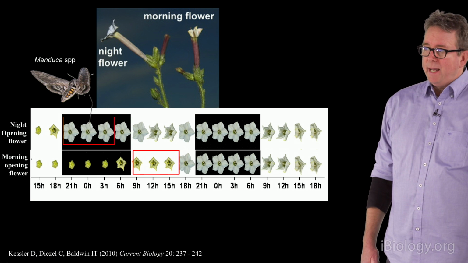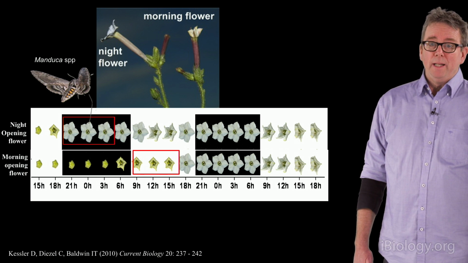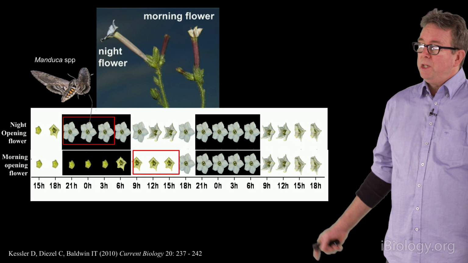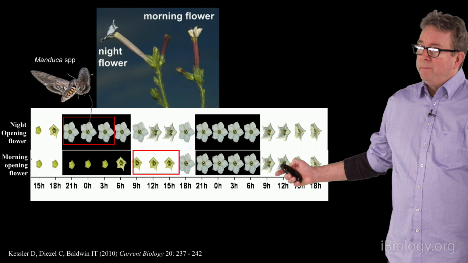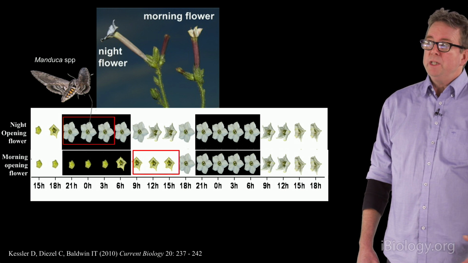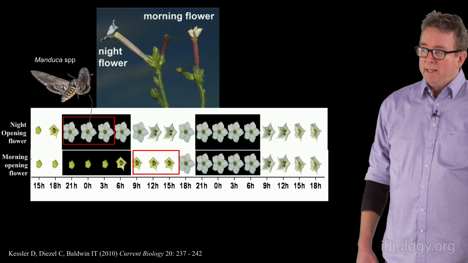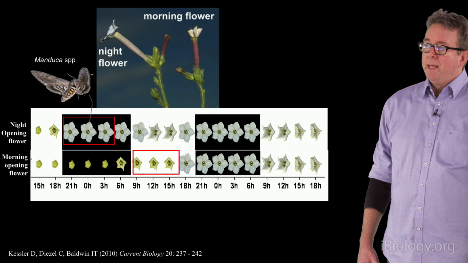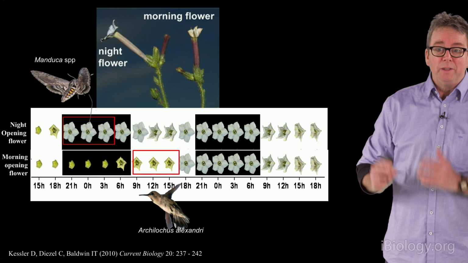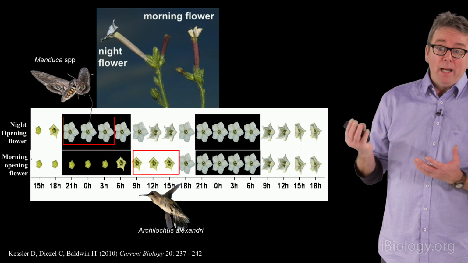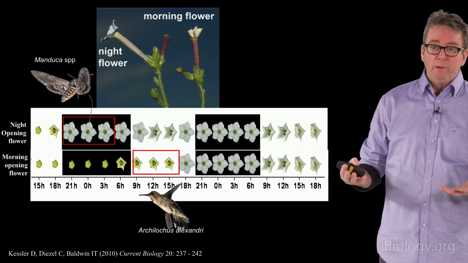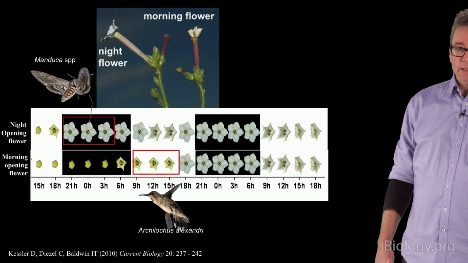But when it's heavily attacked by the larvae of the moth's babies, then the plant begins to produce these morning open flowers here. And these morning open flowers are not pollinated by hawk moths. It doesn't even attract them because it doesn't scent at night, but rather opens up in the morning time and is pollinated by hummingbirds. Now, hummingbirds have this wonderful characteristic that they lay hummingbird eggs, they don't lay moth eggs, and so it avoids the whole problem of attracting a major herbivore by getting good pollination services.